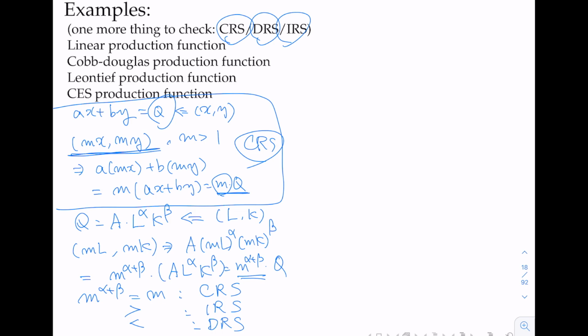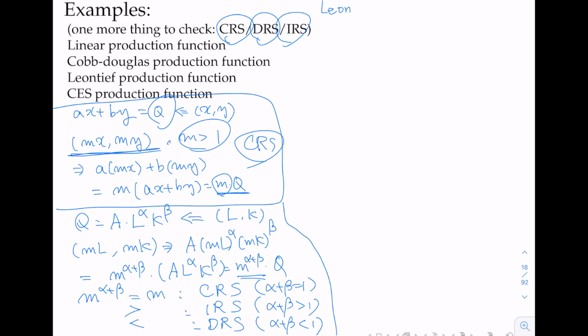Okay, so when is it going to be which? Of course, M is always larger than 1, so that's CRS when alpha plus beta is 1, IRS when alpha plus beta is larger than 1, and DRS when alpha plus beta is smaller than 1. So the Cobb-Douglas function could be CRS, IRS, or DRS, depending on the value of alpha plus beta. Okay,